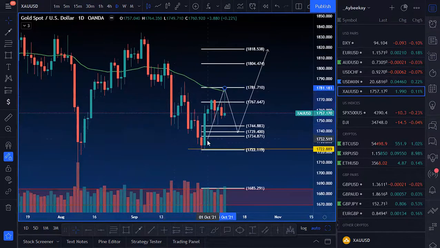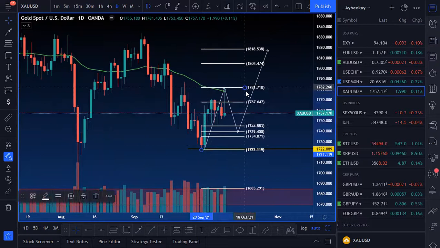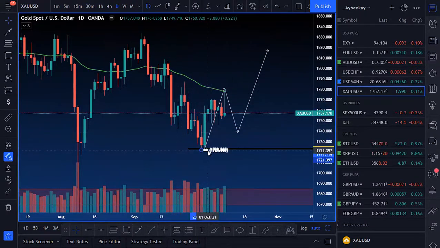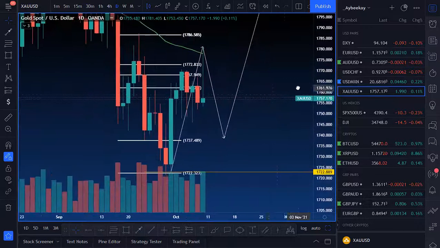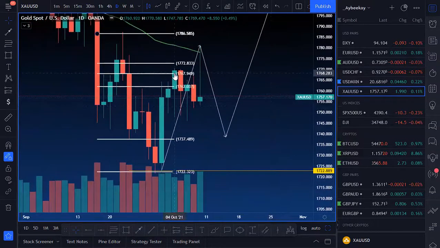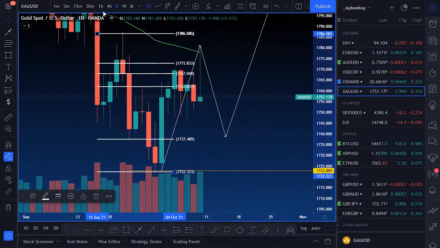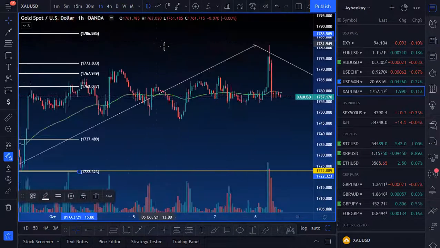And let's just take a look at it from this point of view, right? Let's grab this fib and flip it around. So we have it at these lows, and then let's take it to these highs where price started the push down. We could see right here, 71% price rejected from here and ended up dropping, but then it came back up to like 1772. Let's go into the 1 hour so you guys can see it better.